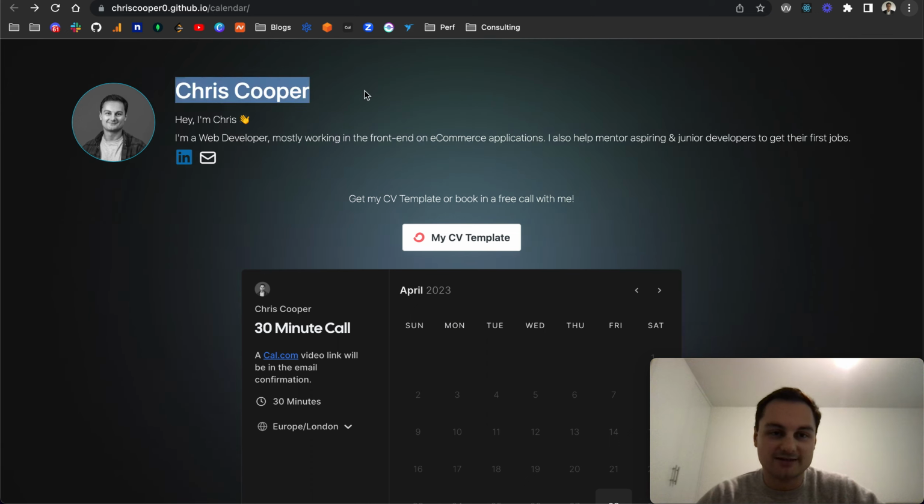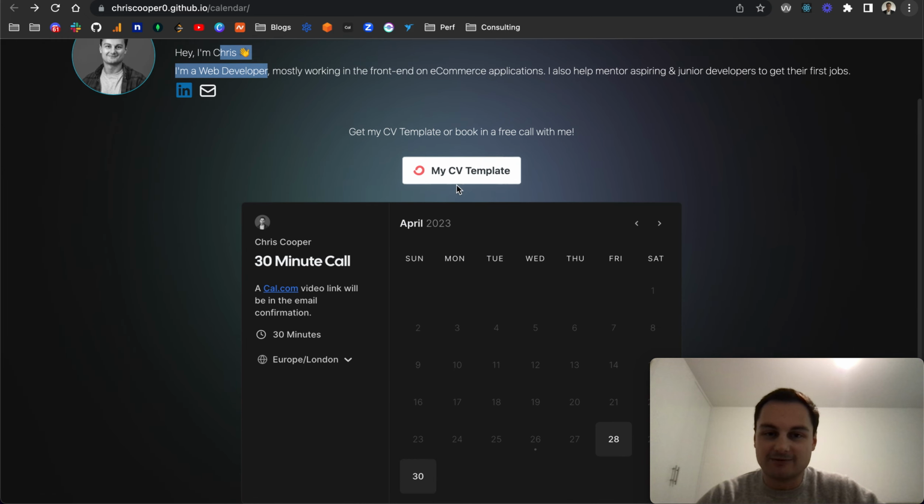So I've got a heading, just a little bit of text copy, a couple of icons, some image here with an outline, and obviously I've rounded it off as a circle. And then we've got a couple of embeds. So there's a button for my CV template, and then also the calendar link as well, if you'd like to perhaps book in